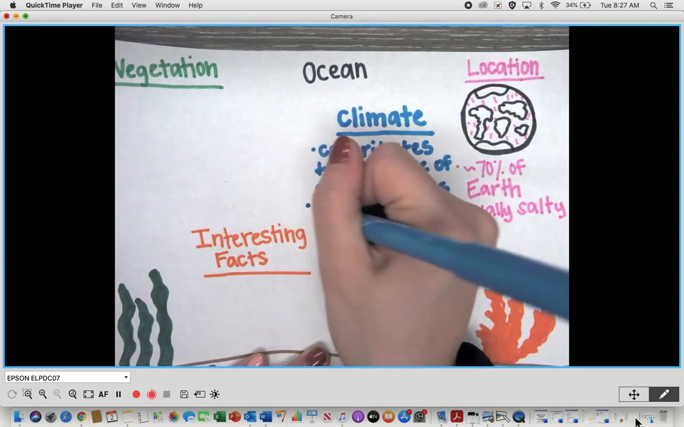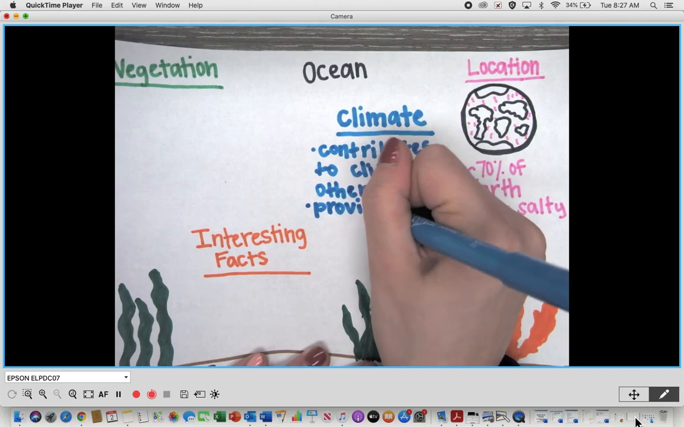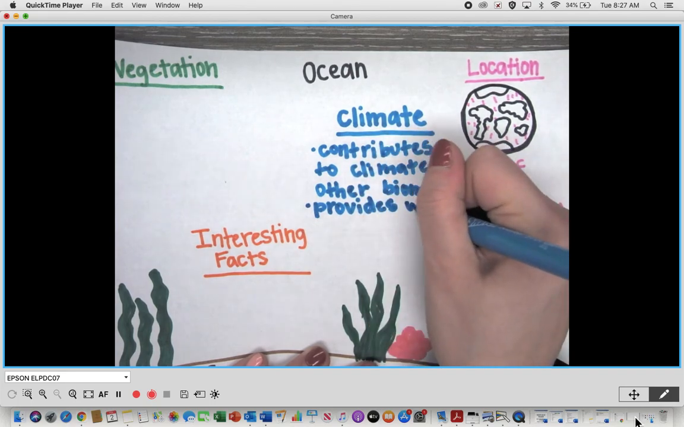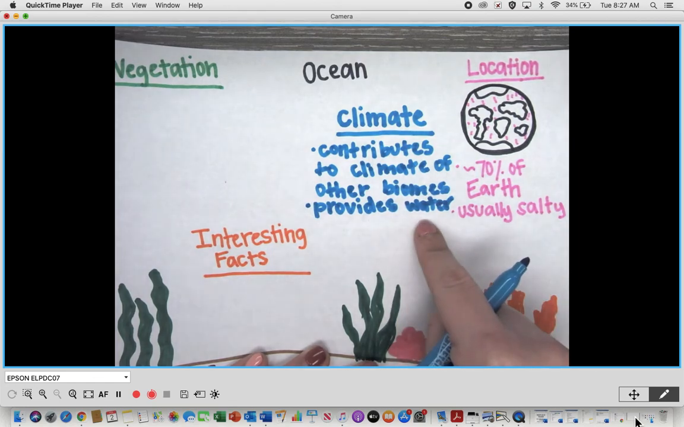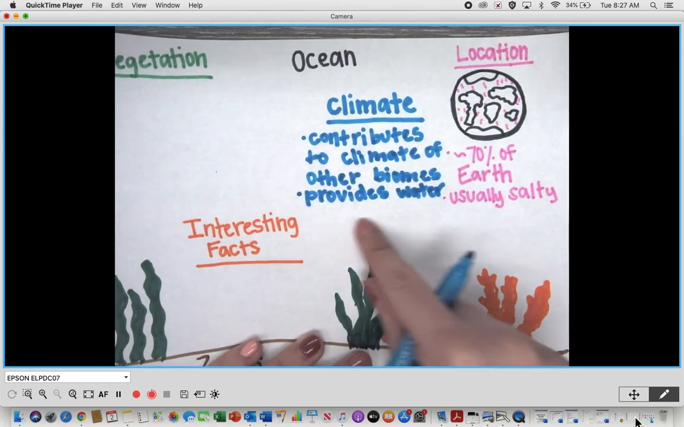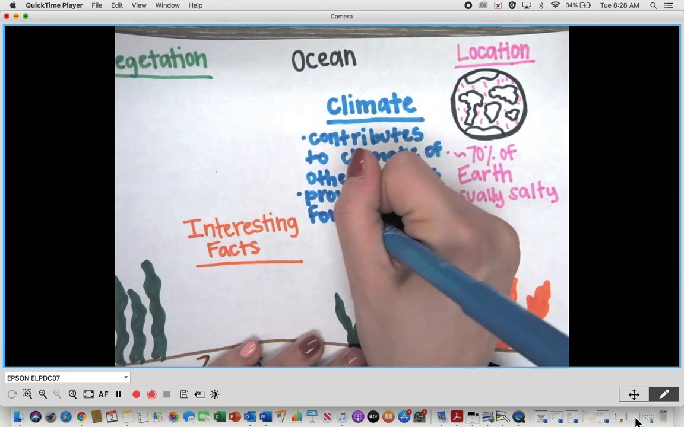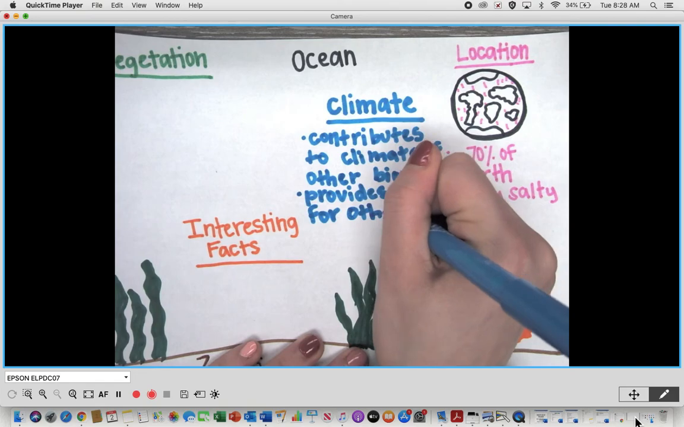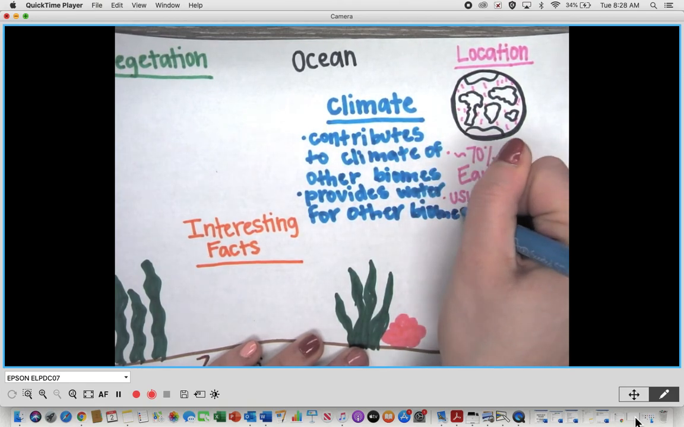It provides water for the biomes. I apologize, I know this is kind of a thick marker, so thank you for being flexible, but it provides water for other biomes, and that is because of